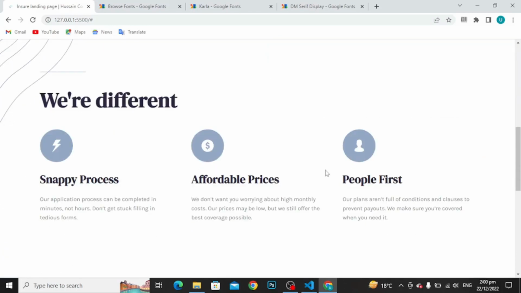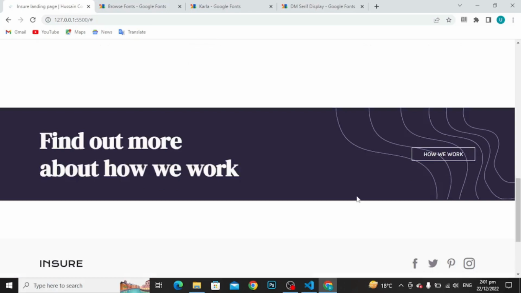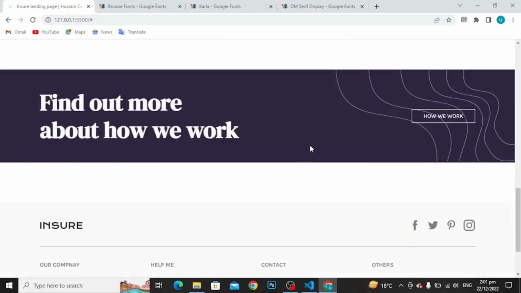then this is the about section with some headings, again some icons, some secondary headings and some text as you can see, and this is the find out more section. As you can see, the button, the heading, the background image,